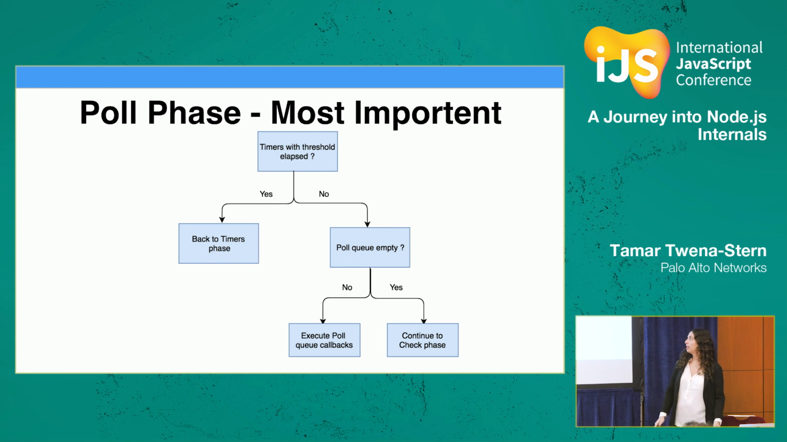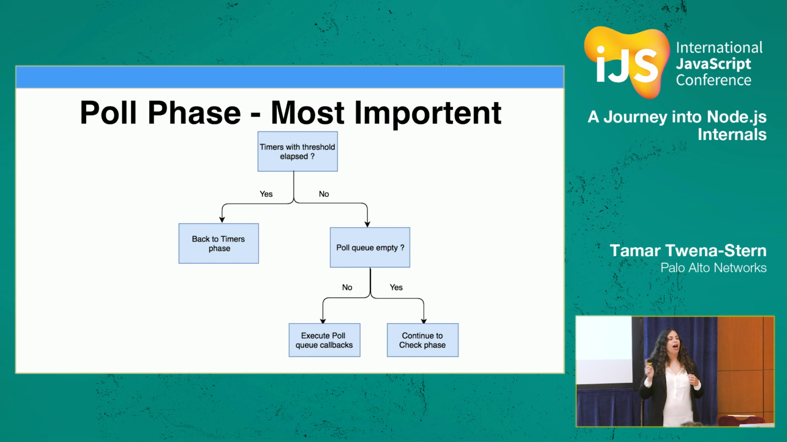Then we get into the most important phase, the poll phase. That phase has a state machine inside, and it checks the following. First, whether I have timers whose threshold has elapsed. And how does it check that? Remember, it's monitoring a collection of file descriptors. If I do have such timers, I'm going back to the timers phase. If I don't have any timers whose threshold has elapsed,